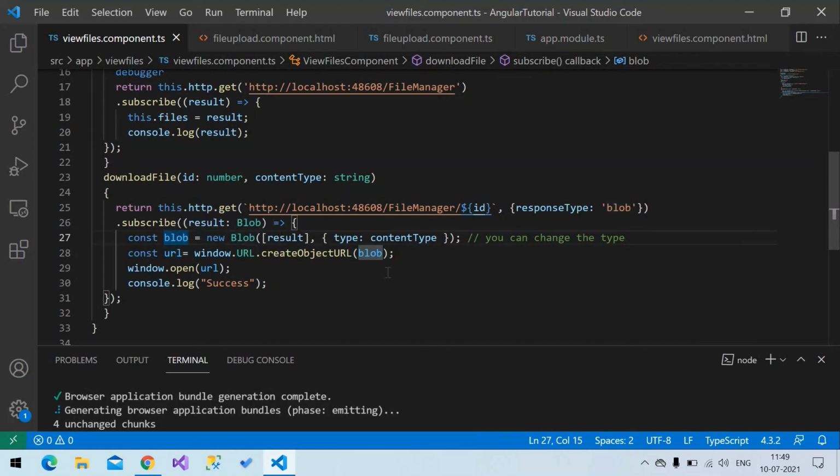Once the conversion is done, you create an object URL with this converted blob. Then you open a new browser window and pass that URL so that it will show you the file. If the browser can display that file, it will display it. If the browser can't display that file, it will give it to you as a download.